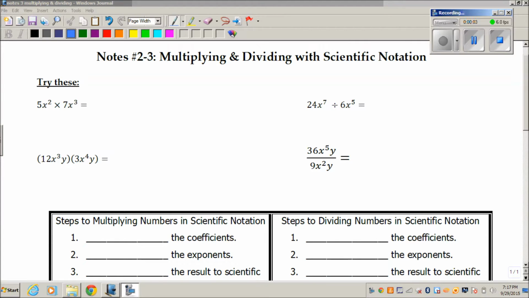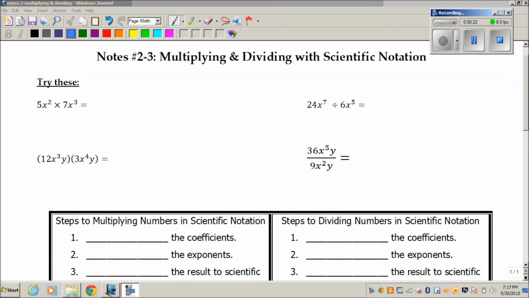Hello and welcome to notes number 3 on multiplying and dividing with scientific notation. So up until now we've learned how to write numbers in scientific notation and how to write them back into standard form. Today we're going to take a look at how you can multiply two numbers while they're in scientific